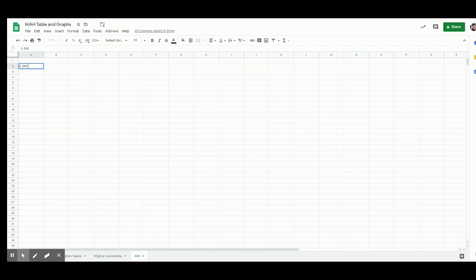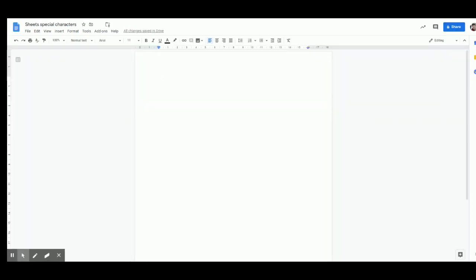So I'm just popping in my length label here, and immediately we run into a problem where we can't put in the plus or minus for the reading uncertainty. So the way I get around that is to do special characters in Google Sheets. I open up a Google Doc in another tab and insert the special character in that Google Doc. So I have one just saved to demonstrate here, but you just open a blank Google Doc and go up to Insert,